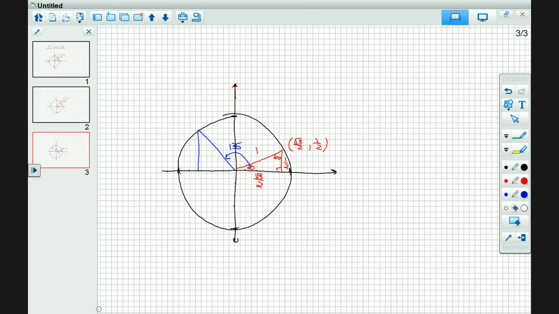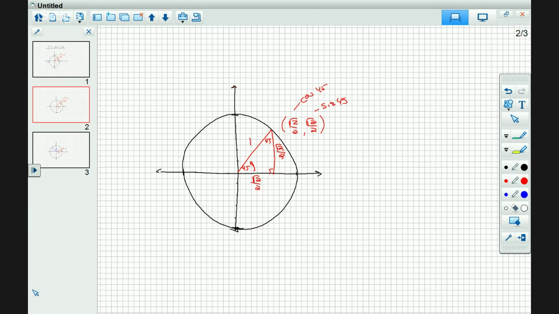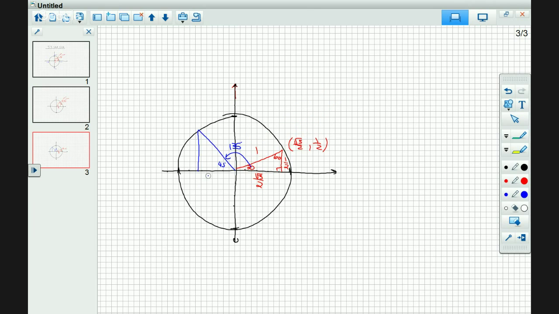The reference angle? This is where those reference angles start to come into play big time. What's that reference angle? 45. Pretty much the same. We just have a negative x value. So this number is negative root 2 over 2 because it's in the negative x direction. And this is root 2 over 2, because it's positive y still, correct? So our coordinate